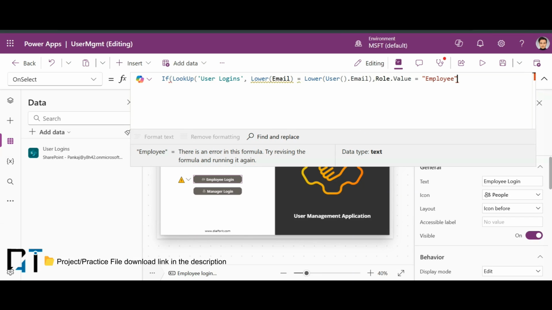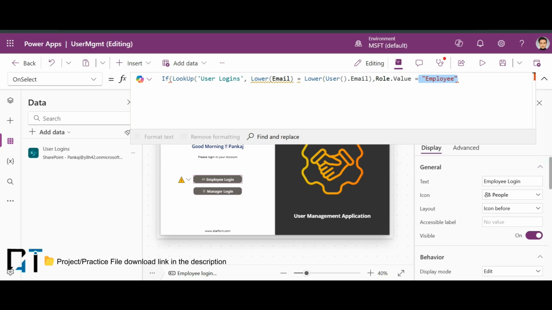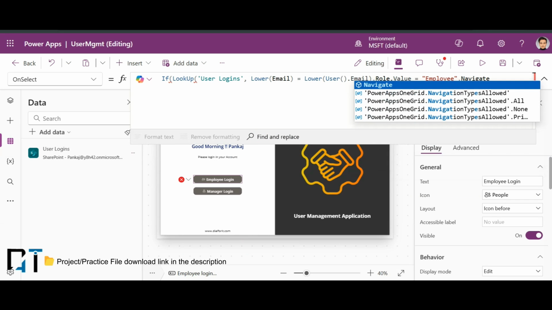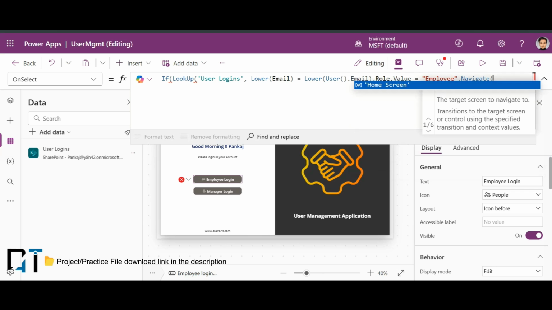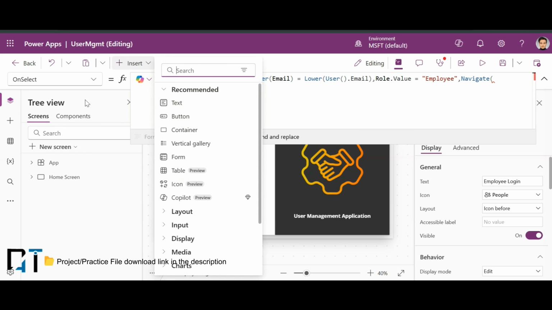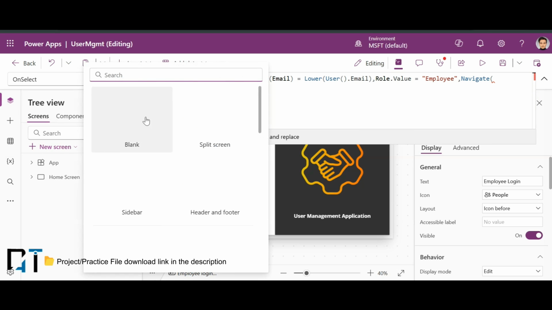If data is found in user logins, this is the user email, and the value is equal to employee. Okay, so where should our screen navigate? For now we have not created any screen, so I'm going to insert a new screen, and I'm